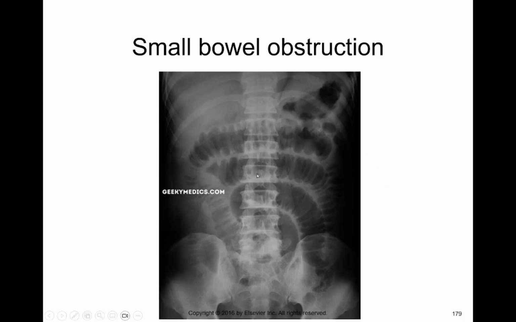So non-obstructed ileus can be caused by pain, it can be caused by drugs, pain medication, or anesthesia, or surgery, or any of those things. Mechanical bowel obstruction is totally different. It could be because of